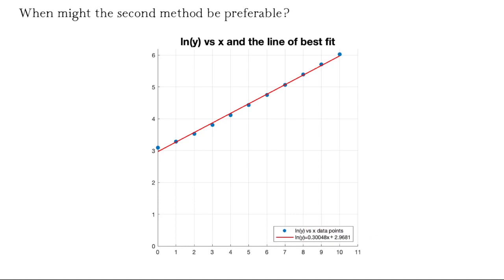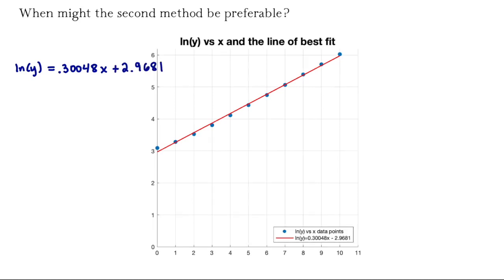Okay, so here's our line down here. Now we can take this line and turn it into an exponential, and here's how we do that. What we have is natural log of y equals 0.30048x, of course that's approximate, that is rounded, plus 2.9681. Exponentiate both sides so that on the left-hand side we'll just be left with y. We'll have y equals,